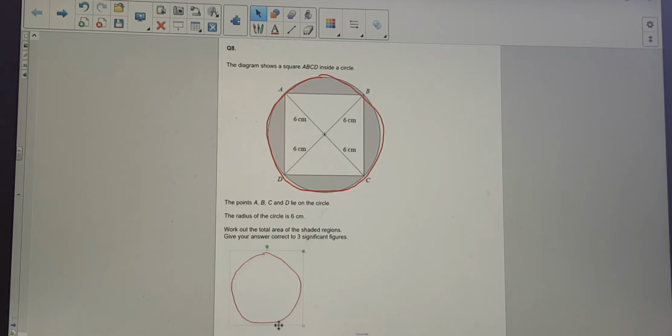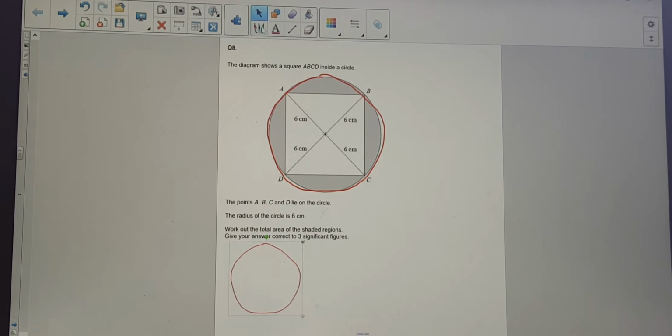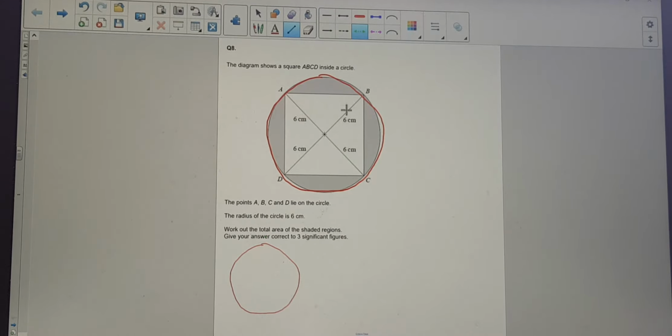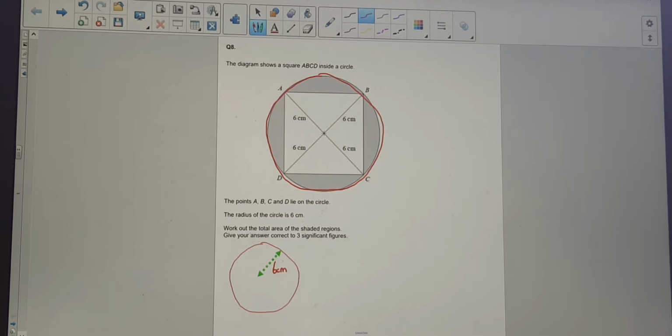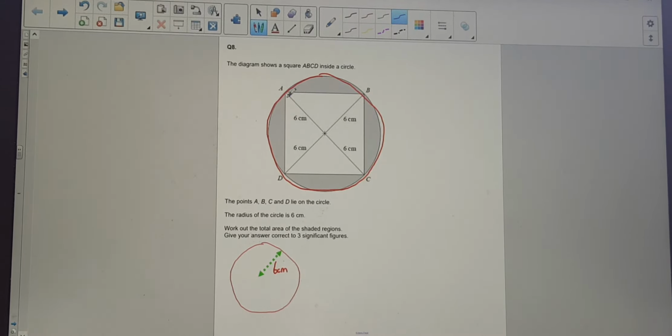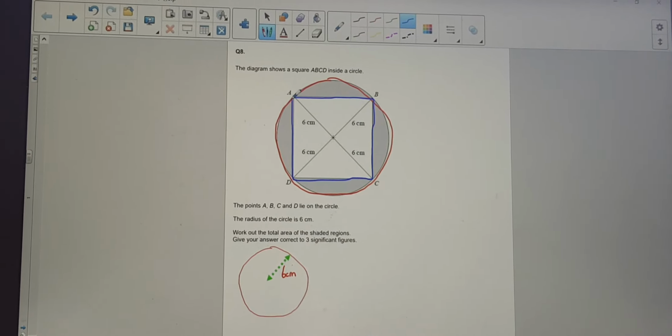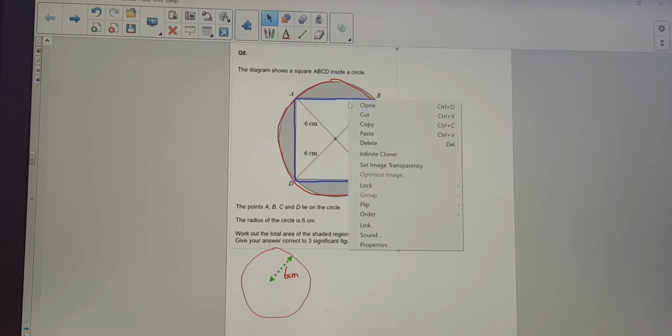I have a circle, and I know that circle has a radius, because it even tells us here that it's 6 centimeters. Then I know that this square is being removed from it. If I work out the area of the circle, then take away the area of the square,